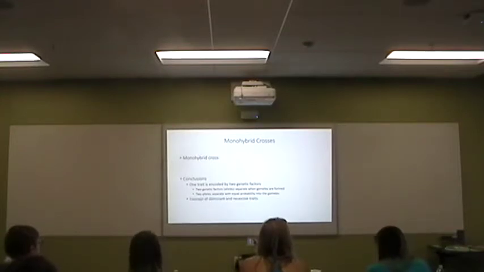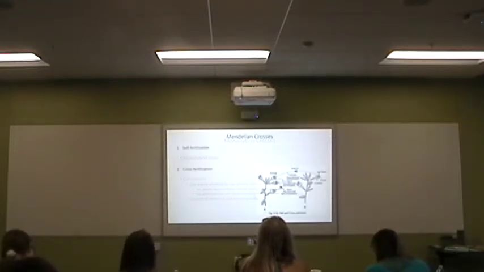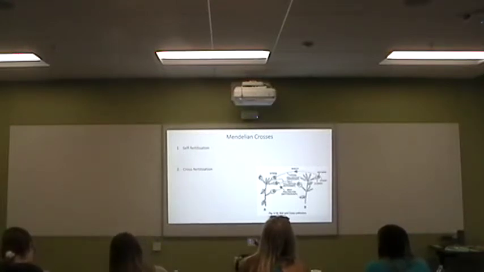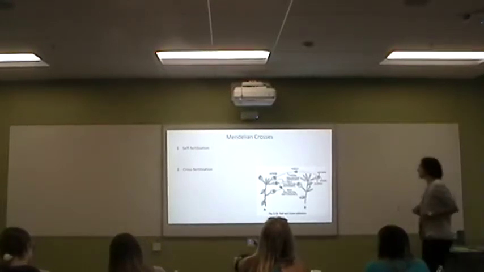All right, and then this also allowed him to demonstrate what we already know as our concept of dominant and recessive traits. So the last piece that I need to tell you before we actually look at how he laid these experiments out is that pea plants have the ability to be both self-fertilizing and cross-fertilizing. So in self-fertilization,